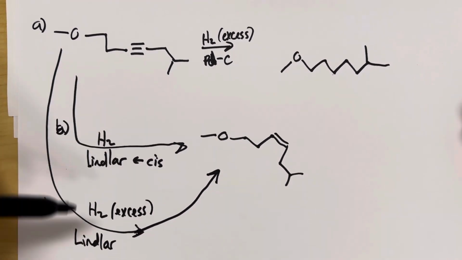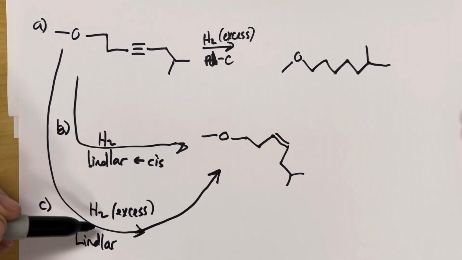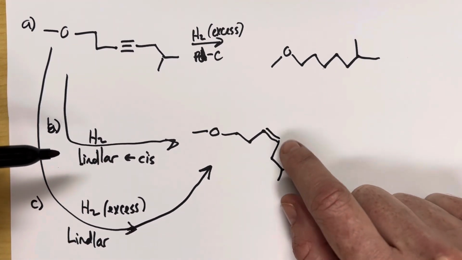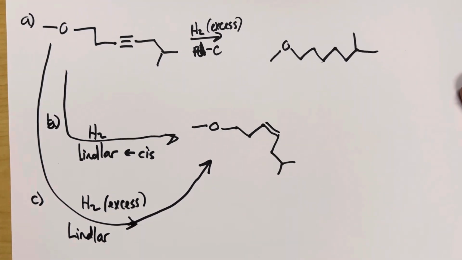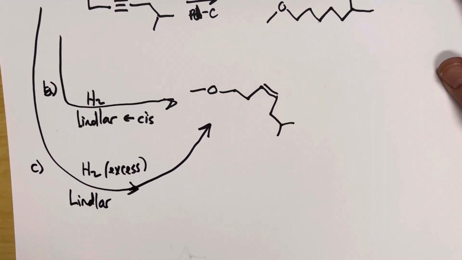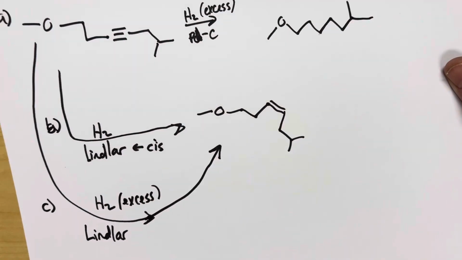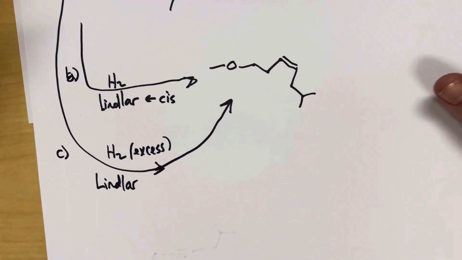Okay. So with or without, if you have one equivalent or excess, it's just going to form this no matter what. That's as strong as it can take it, from an alkyne to an alkene. And that's the whole reason you use Lindlar, is because you want to make an alkene. Okay. Last but not least,